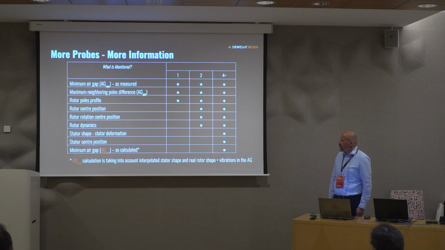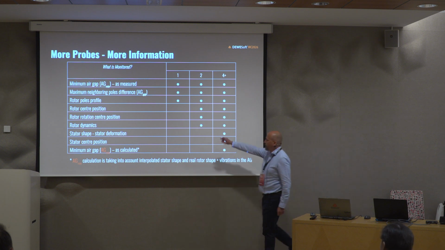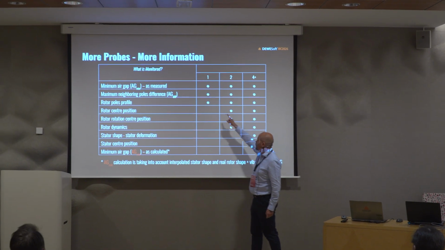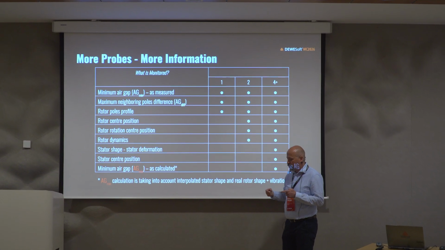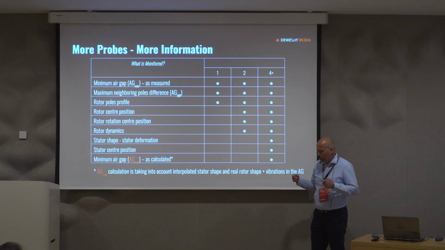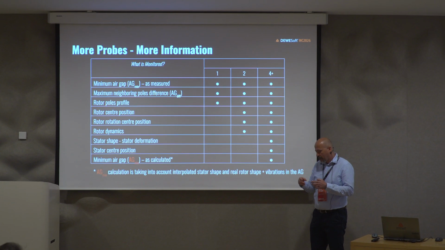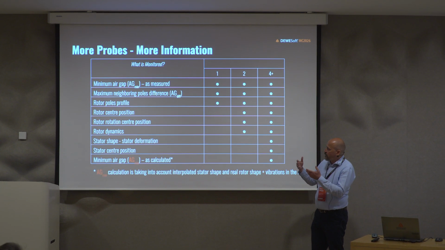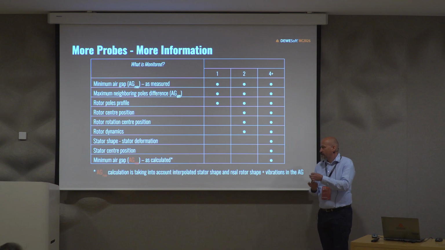So air gap is rarely used without the diagnostic trigger or the keyphasor. And of course you get the rotor pole profiles because you see all the poles, etc. If you use 2, you can kind of imagine that, and Søren did mention that you use 2 proximity probes when you measure the orbits between the bearing. Kind of a similar thing you do, but only for the air gap, so that you can extract the orbits, the rotor statical center, the rotor dynamical center, so current axis of rotation,